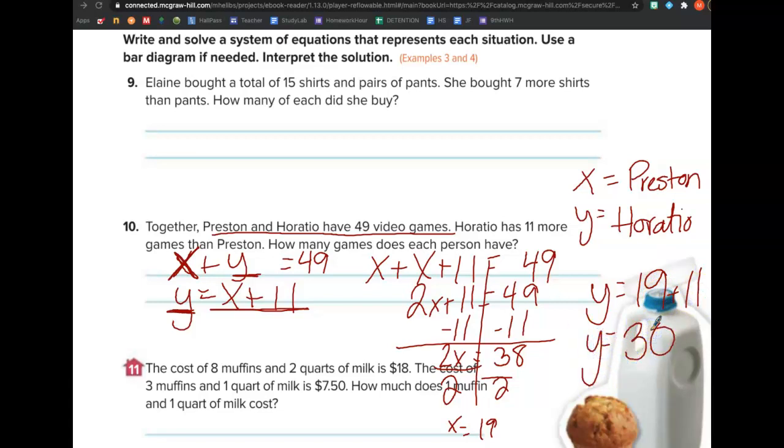So what's my answer? 19, comma 30. So what does that mean? Preston has 19 video games, Horatio has 30. Good, because X is Preston and Y is Horatio. Your homework is not story problems, but you need to know how to write